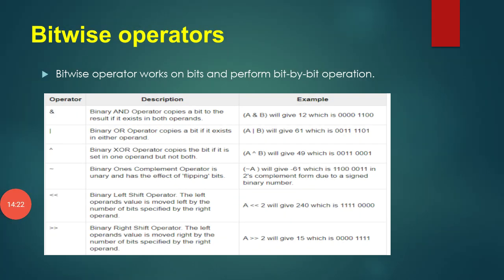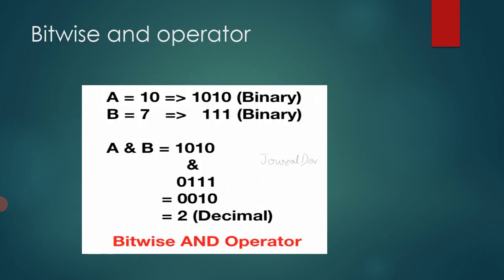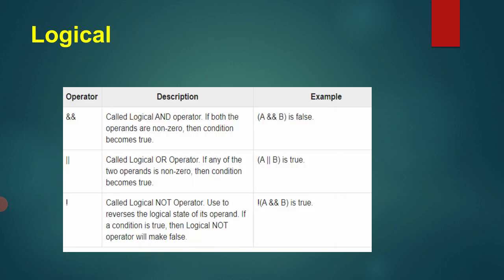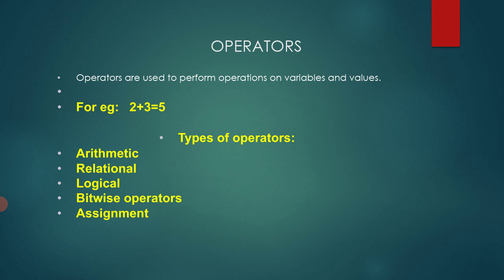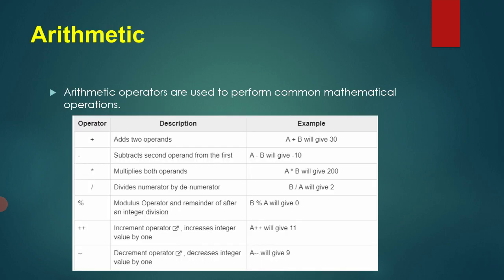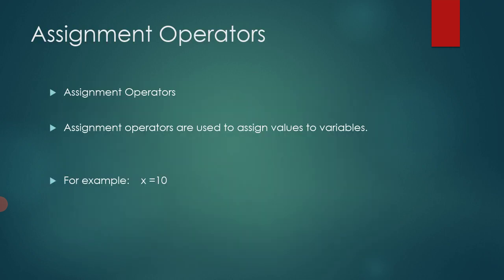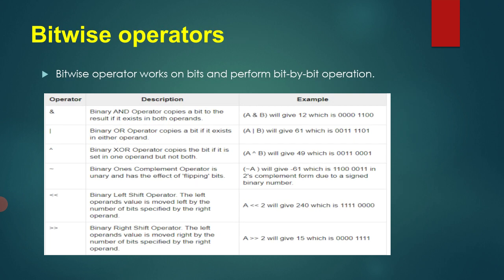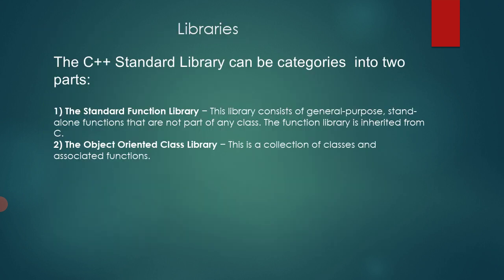So students, this is the example that we have already discussed. With this we have completed the topic of operators, that is C++ operators. It is a very important topic, so you must go through this topic. Now let's start with the next topic of this unit, which is libraries